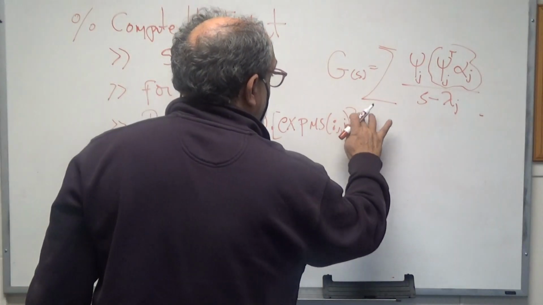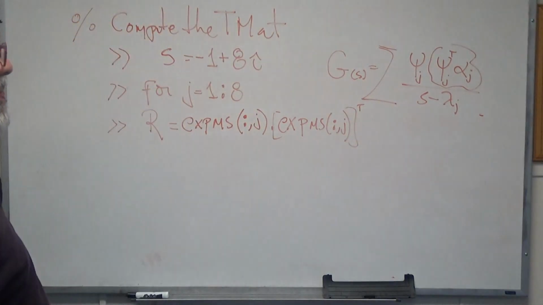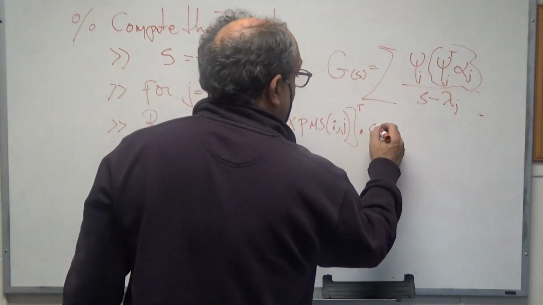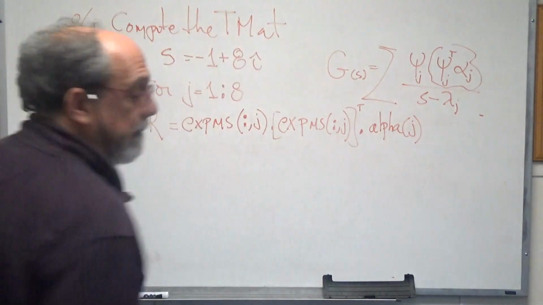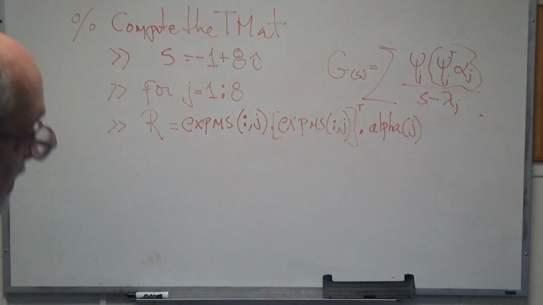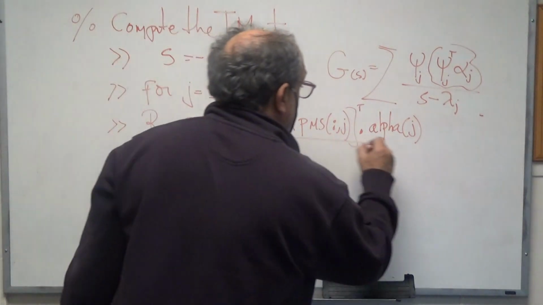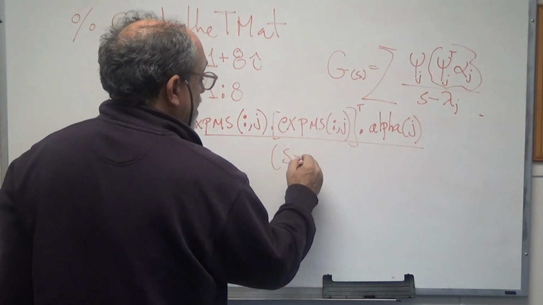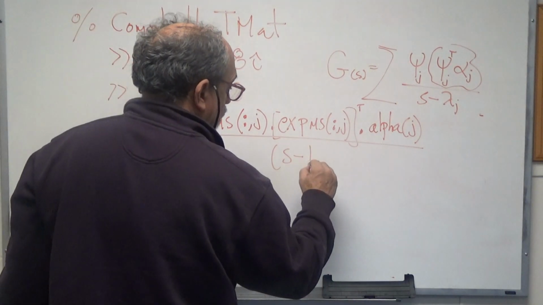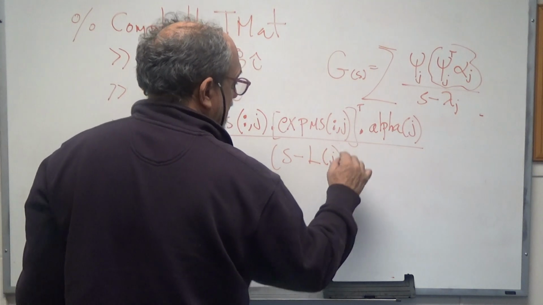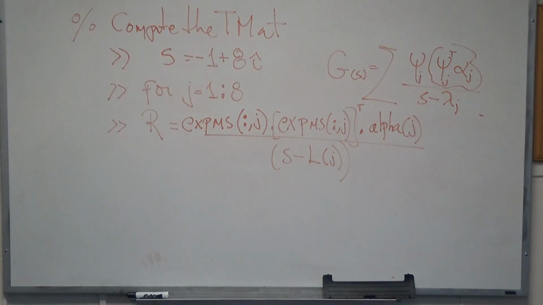Which in MATLAB is dot transpose, and then times the constant alpha j, right? And then divide it by S minus lambda j, which I think we had it called L, so it'd be something like that, right? So you calculate that R, and then